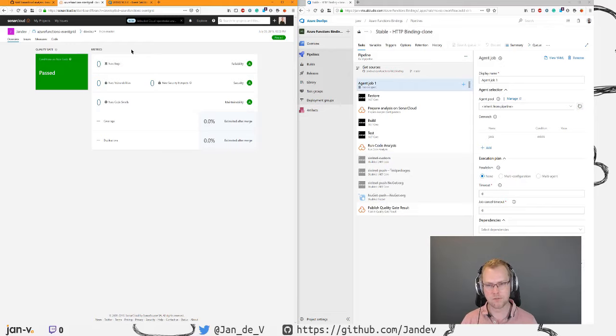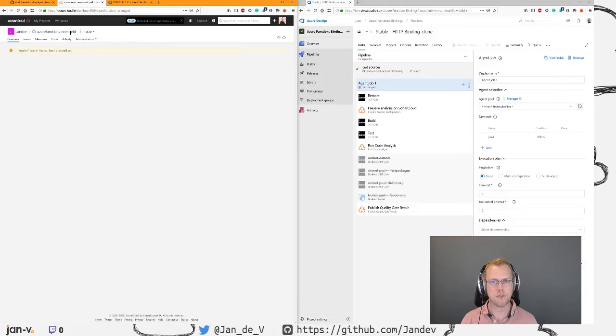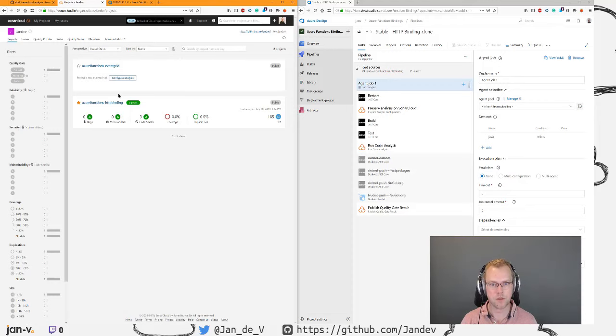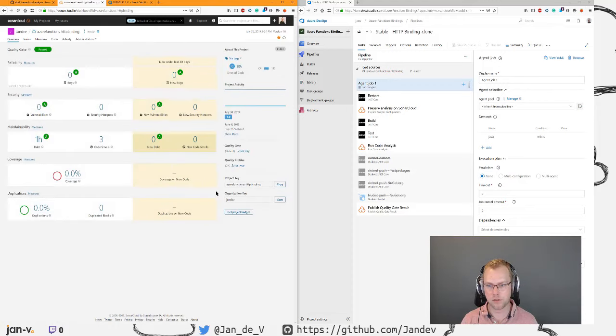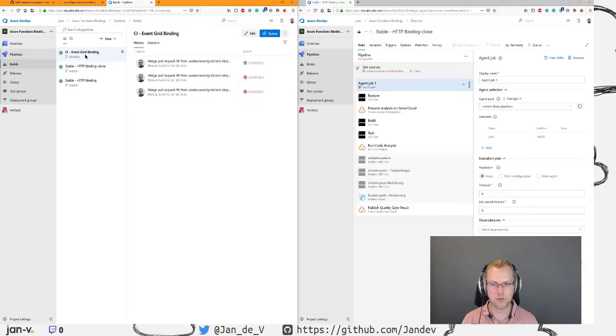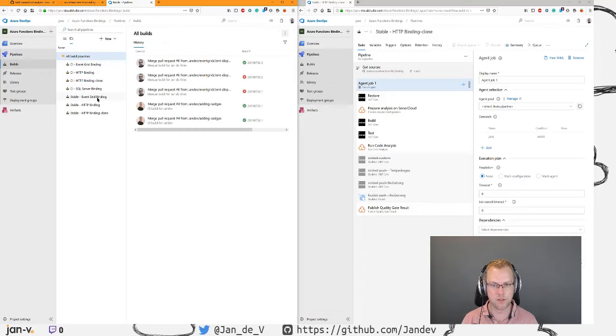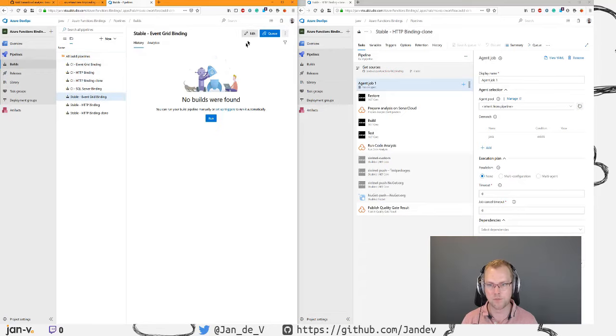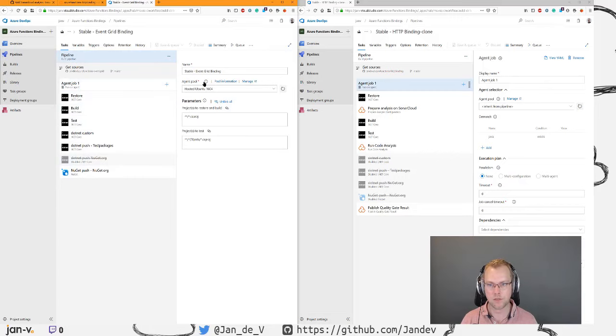Now let's see if I can already add the badges. Where was it? I thought it was somewhere over here. Event grid, HTTP binding, get project badges. So I first have to build the master branch in order to get the badges. So this was the CI. So everything will be built via this, and when something is happening on the master branch, I also want to add